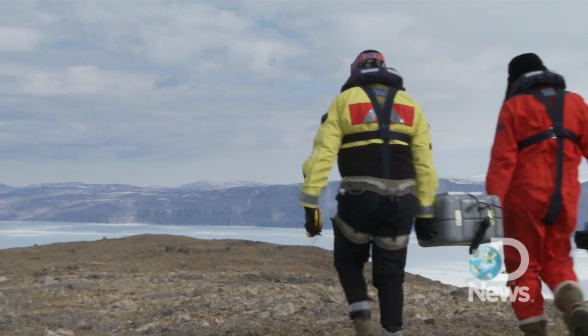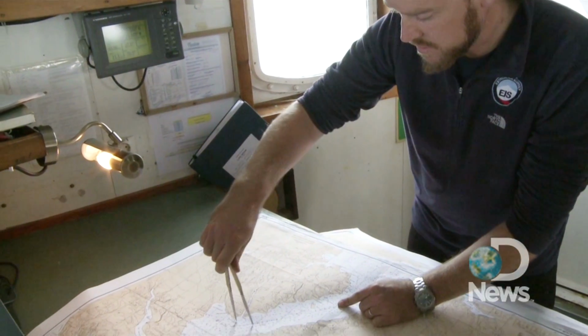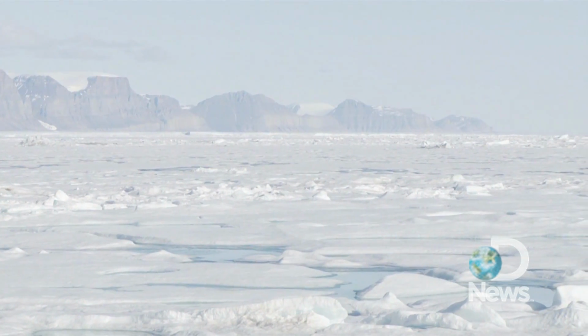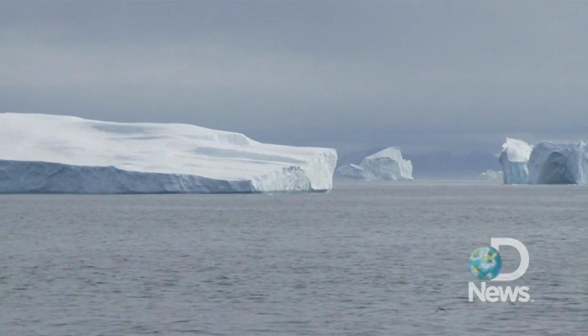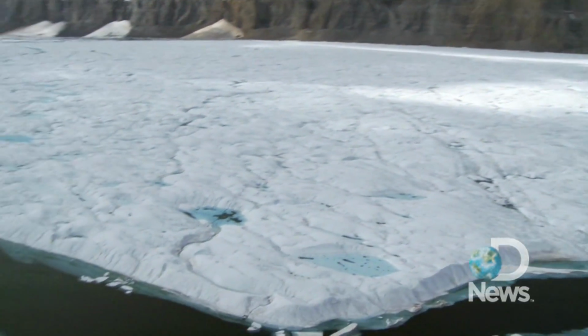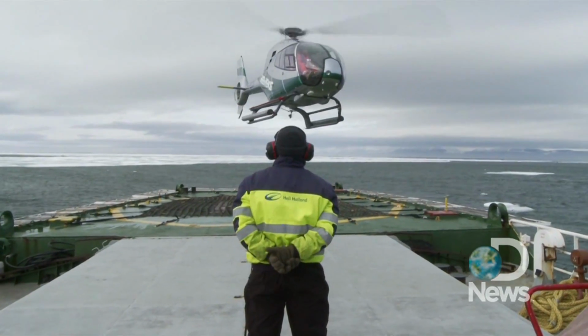What's happening on Petermann Glacier is quite remarkable, but it's really no different in principle than some of these other changes we've been seeing in these Greenland glaciers, this rapid wasting, this rapid retreat. We're seeing that Greenland is now having a growing contribution to sea level rise, and I don't see that stopping anytime soon. The glacier basically acts like a champagne cork to the Greenland ice sheet, and it's just one of